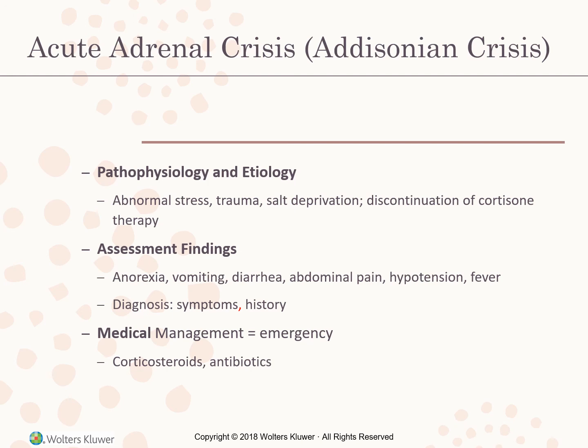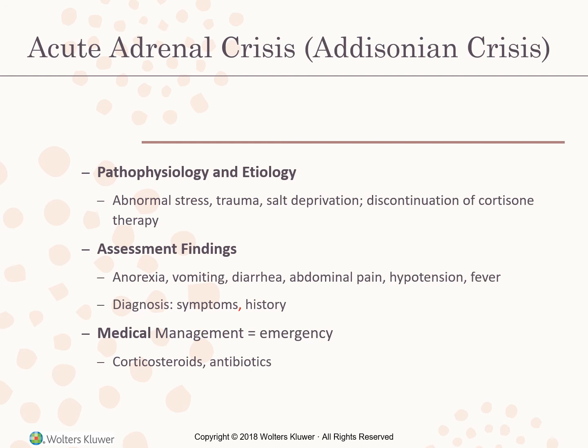In assessing adrenal crisis, the crisis may be sudden or gradual. It can begin with anorexia, nausea, vomiting, diarrhea, abdominal pain, profound weakness, headache, intensification of hypotension, restlessness, or fever. Unless the corticosteroid dose is increased or restored to meet the demand, the patient will usually progress to acute adrenal crisis. The BP will usually decrease and shock will develop.